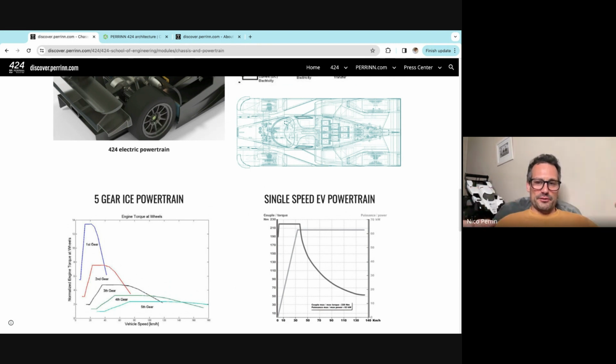But obviously, the mass is coming from the battery. The battery is here, and it weighs about 300 kilograms. So if you compare a battery, which is 300, plus 3 motors, so it's 75, plus the transmission, the total is nearly 500 kilograms of powertrain. And that compares with a traditional engine, which weighs about 120 or 130 kilos. But then the gearbox would be quite a bit heavier than the single speed. So the powertrain for a traditional Formula One car will be about 300 kilos, 250. So this is where, at the moment, the electric powertrain is a little bit behind from the weight perspective, but